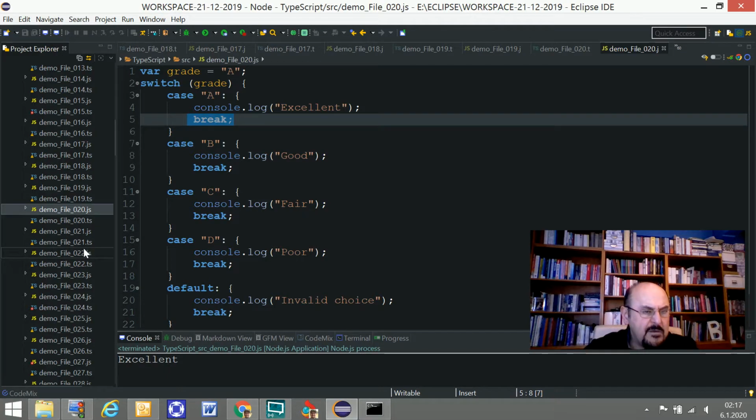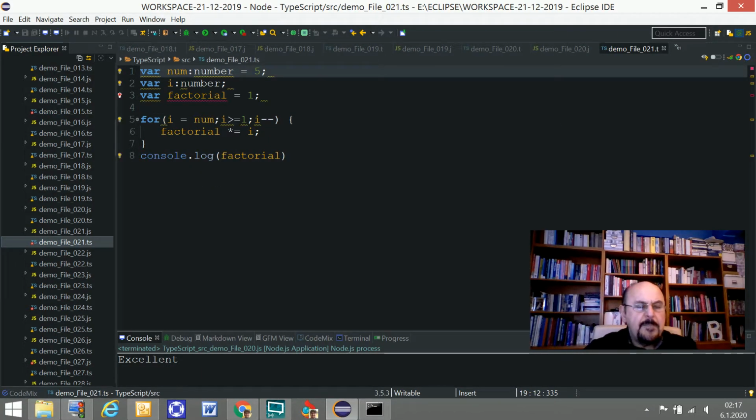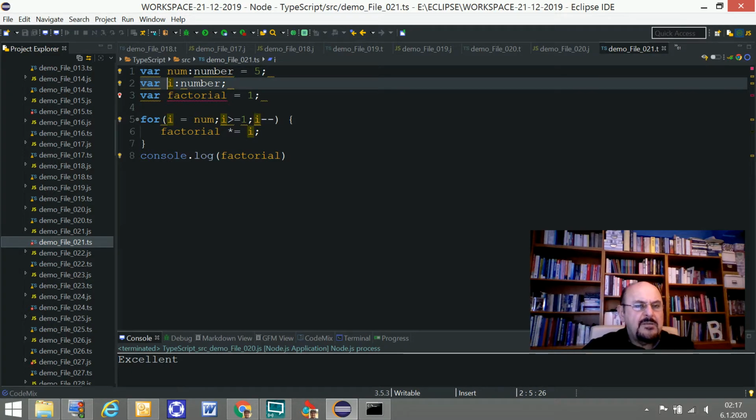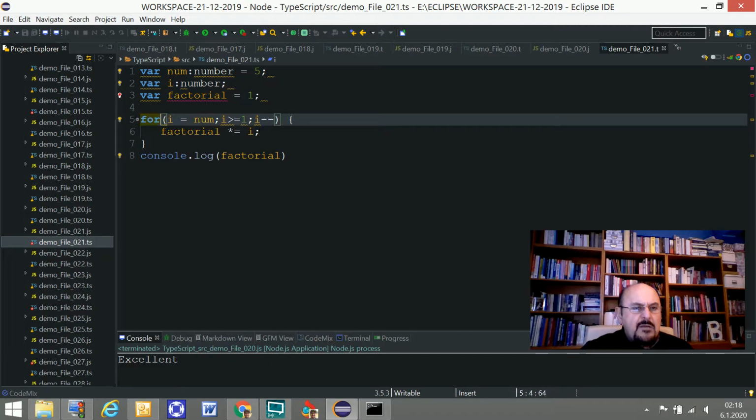How about the 21st TS file? Here I would like to give an example of factorial calculation. This is the number that's going to be calculated, the factorial calculated, and i stands for index. Of course, it's another number, and here I define factorial as 1, and I construct a for